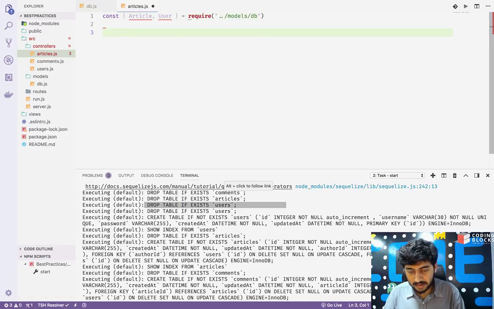So we'll create a function. And we create those as async functions. Async function